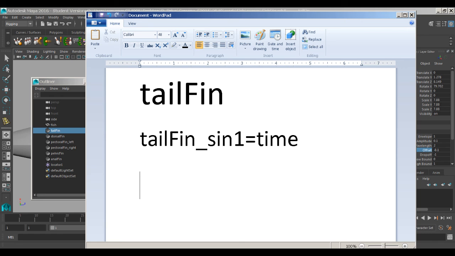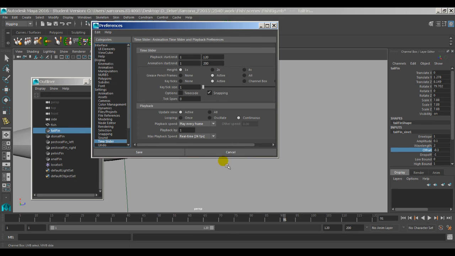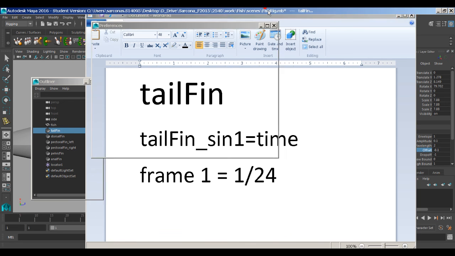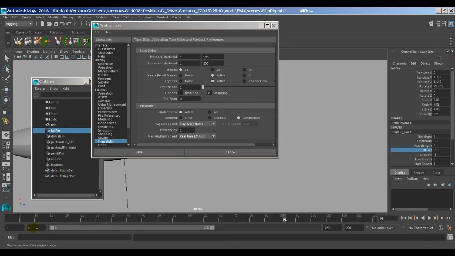Because with time, when we're at frame 1, it's actually frame 1 divided by however many our frames per second is. In this case, if I go to my settings, I'm at 24. So it'll actually be 1 divided by 24. So if I went to frame 1 and I reset this offset,